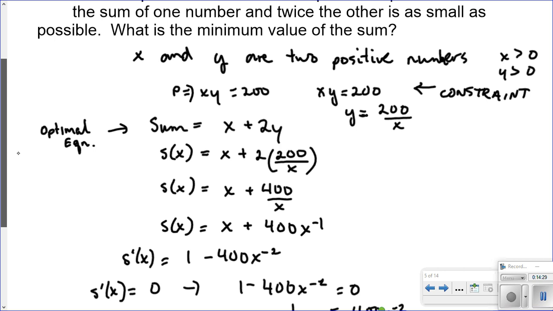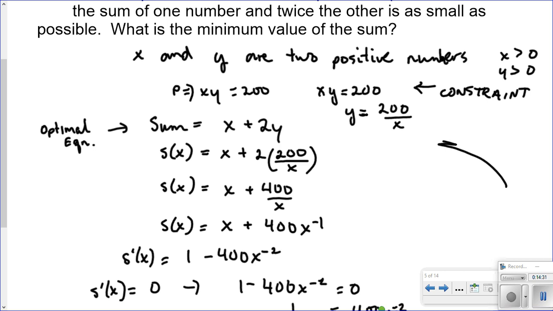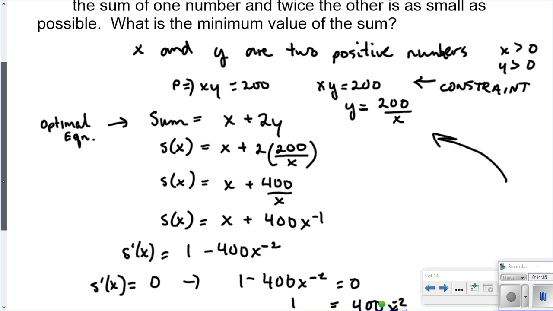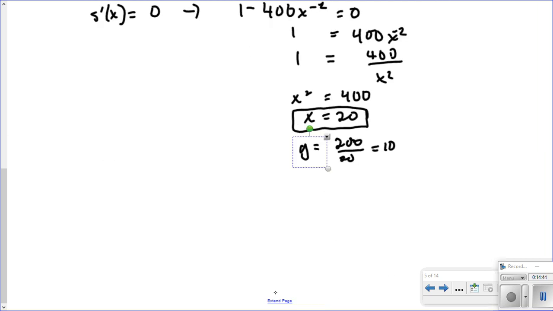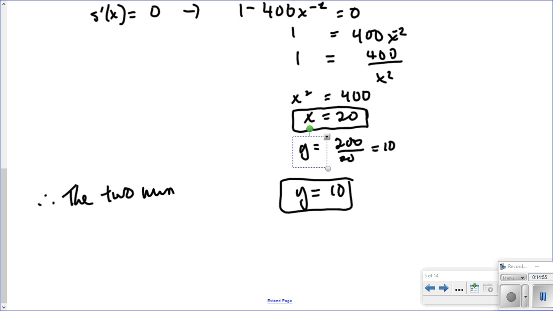And if x equals 20, I'm going to use my constraint equation, and y would equal 10. Okay, and I found my two numbers. They're both positive. They're both greater than 0. The two numbers are 10 and